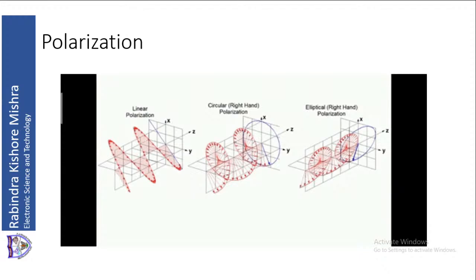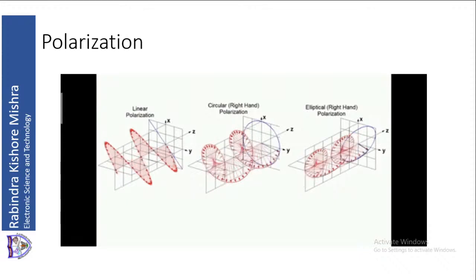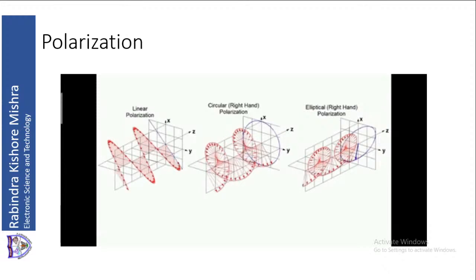So when you find that locus, if that locus is a straight line, then we call it a linear polarization. If that locus is a circle, then we call it a circular polarization. If that locus is an ellipse, then we call it an elliptical polarization. Now here we are showing a linear polarized wave, a right-hand circularly polarized wave, and a right-hand elliptically polarized